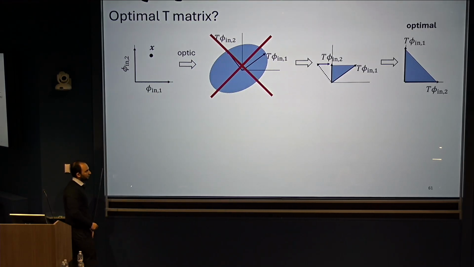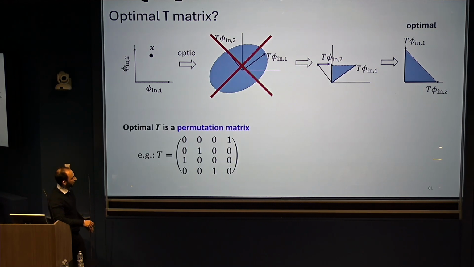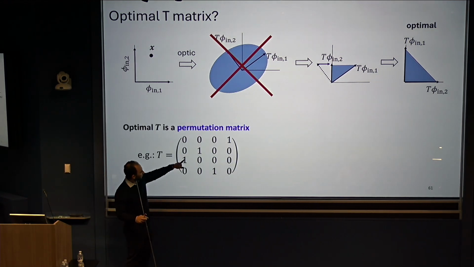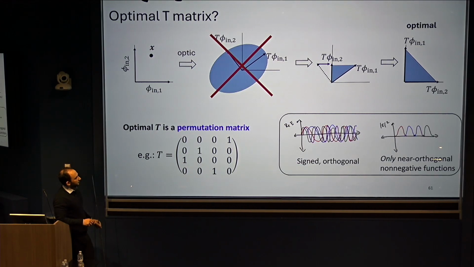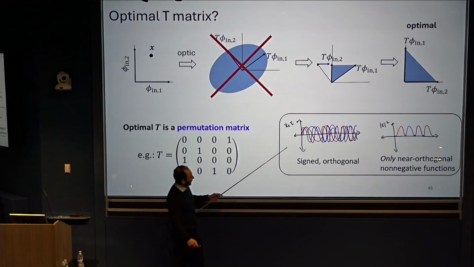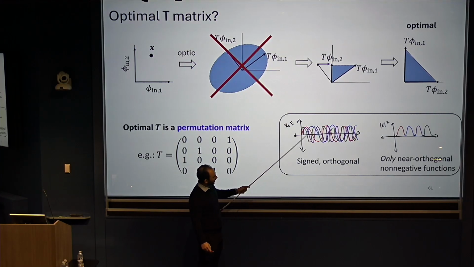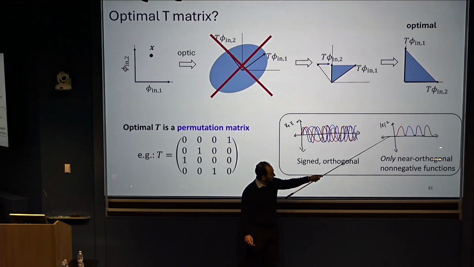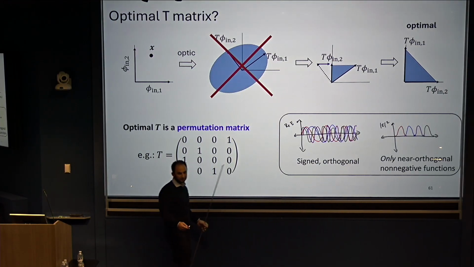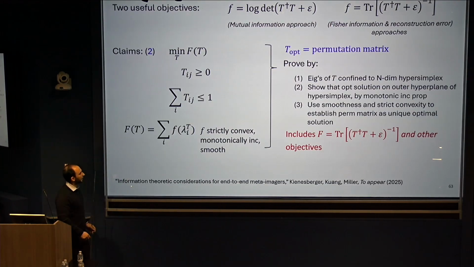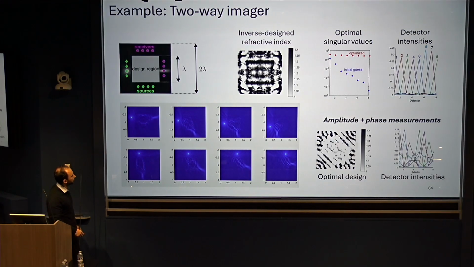And so in fact, the optimal thing you always want to do if you have these intensity measurements is have measurement vectors that look exactly like a permutation matrix that are zeros everywhere except for a single one. And it's the idea that it's easy to create basis functions when you have coherence out of any oscillatory function. As soon as you go to intensities, the only orthogonal basis function, in essence, are the delta functions. All right, I won't prove this. I'll just say that we prove this for both things.